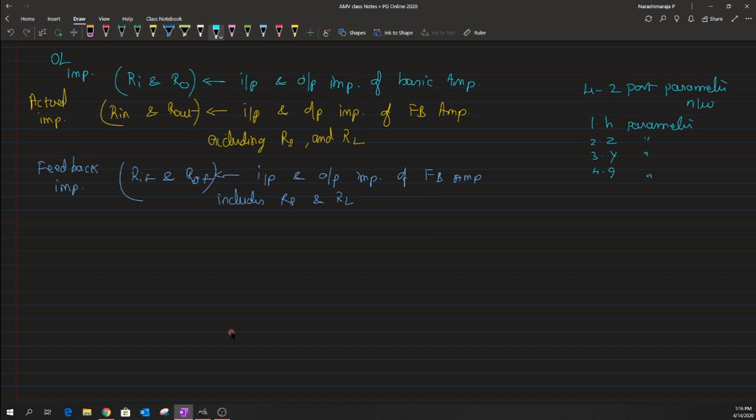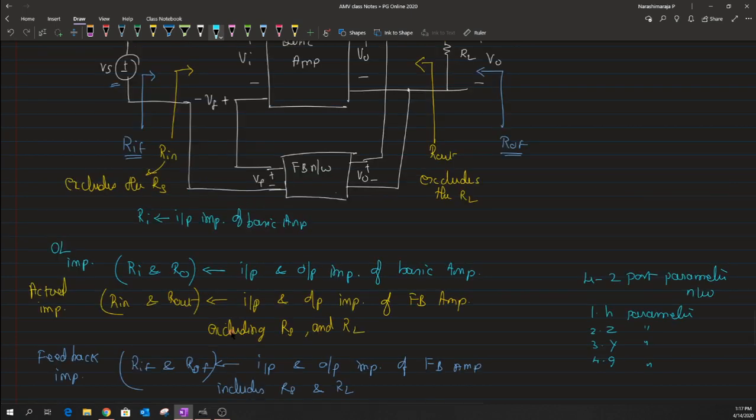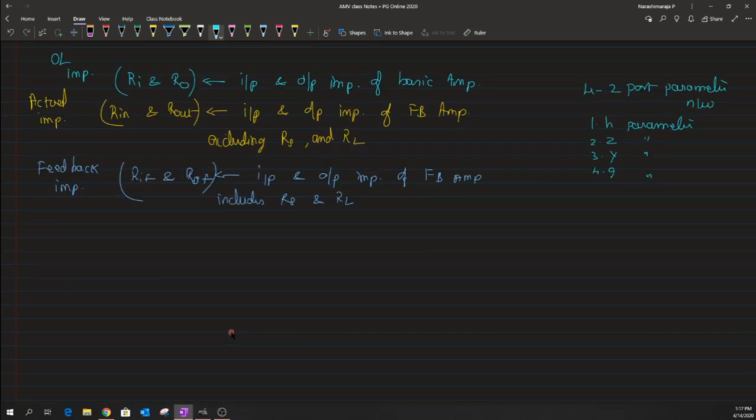and we have to choose a particular model that better suits this feedback network, where this feedback network samples a voltage and then mixes a kind of voltage to the input source. Okay, so now among these four, it is only this H parameter that satisfies this particular condition. Okay, so in a way, the H parameter can be modeled,